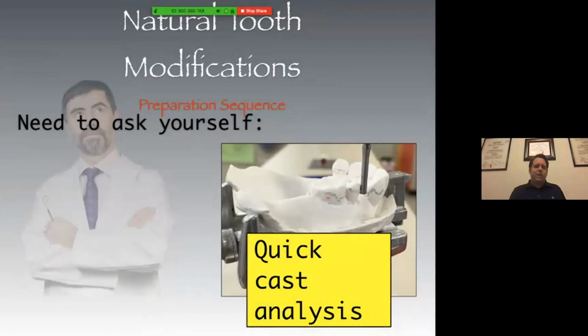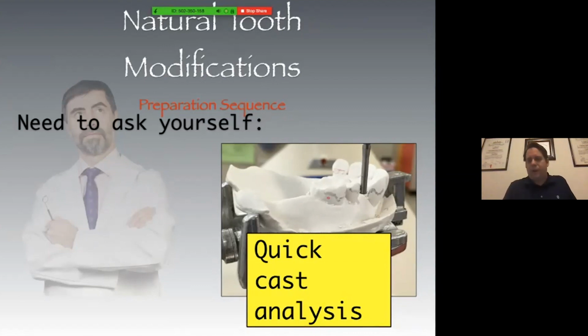Now, anytime that you're enhancing undercuts or making rest seats, it's a good practice to do a quick analysis cast. It doesn't take too long. I know that people are just throwing their arms in the air because they have to take an alginate impression. Well, teach your assistant to do that while you're doing an exam. Basically, go ahead and do the modifications and have your assistant take a quick impression and pour it with a quick plaster set. Then you go ahead and put that in your surveyor